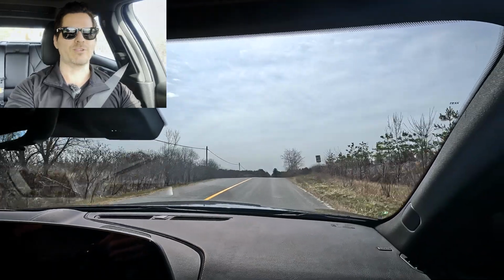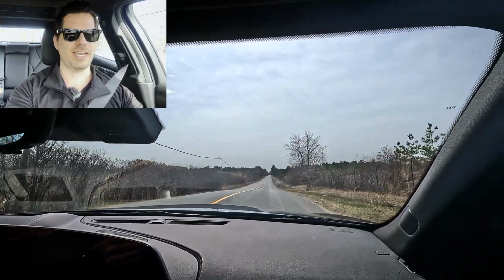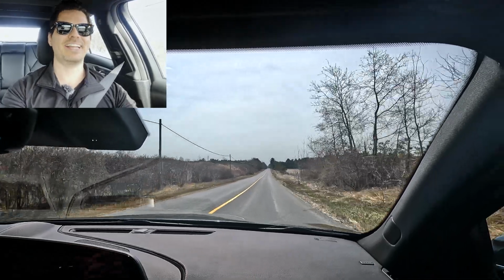You've got some acoustic glass. You hear a little bit of road noise, but it is fairly quiet here. This one is an all-wheel drive setup, which is just better for Canadian winters anyways. And the handling,